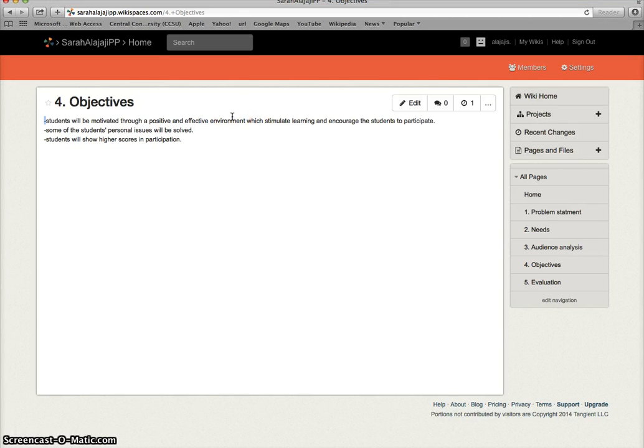You don't care about grammar as much as getting people to function in a language. That's what TESOL is really important for. Once they can function, then you can kind of get the edges. So the objective number 1, they can function in English by doing something and something. You can leave it at that and just do your activity on that. So for the rest, students will show higher scores. Okay, you can put the students will score 20% higher in the participation credit. You can measure that.